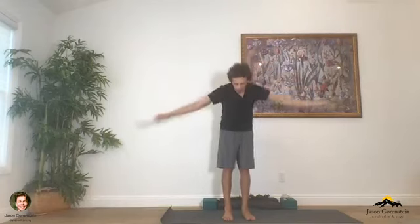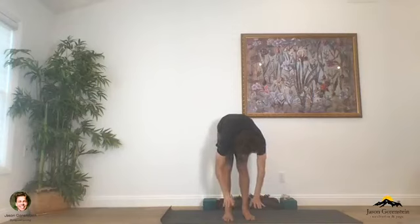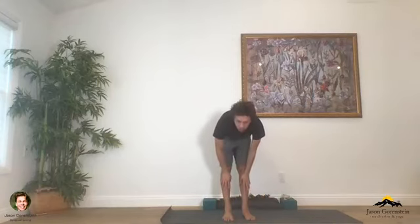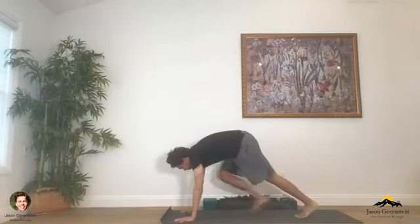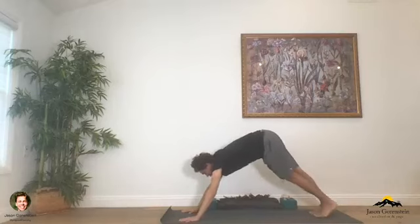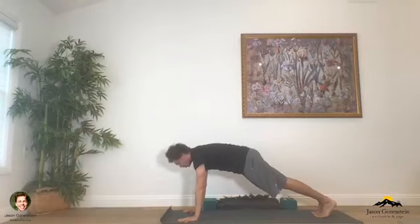Inhale, raise your arms up above your head. Exhale, hinge at your hips and release your torso down towards the earth. Inhale, hands come to the shins, lengthen across the spine. Take your hands down to the mat, walk your feet back, find your way into the top of a push-up pose here. So as we find our way into a push-up pose, spread across the hands, firm the outer thighs